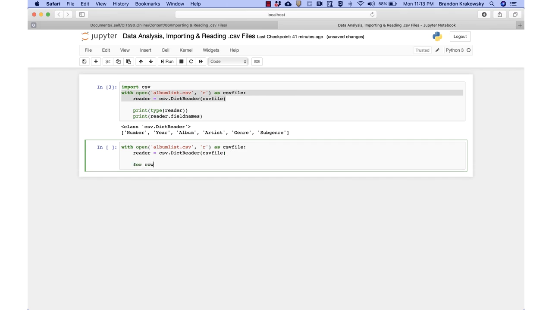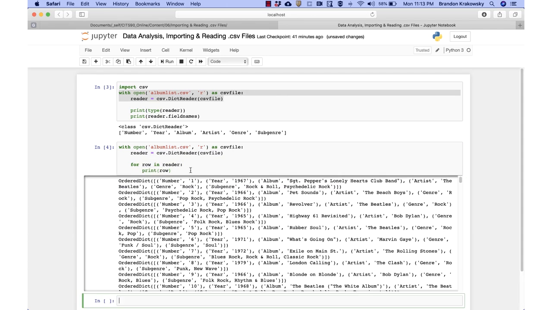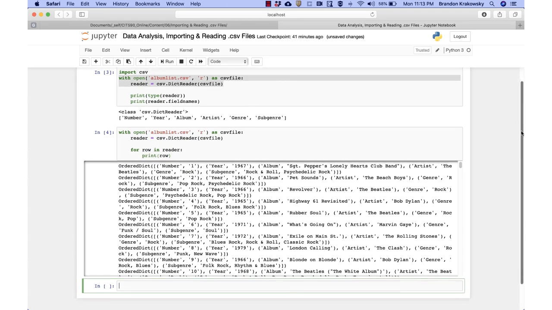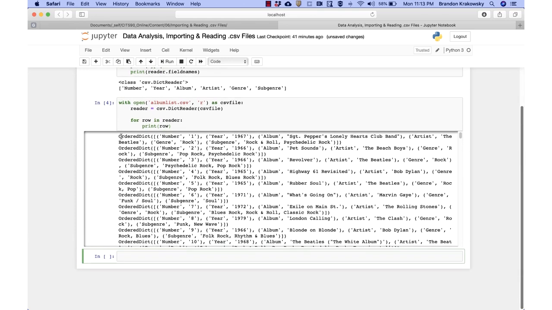For each row in the reader, print the row, and this loads the file into a reader, iterates over or steps through it to print each row. And here we can see each row in the file. It's a dictionary, an ordered dictionary, and we have the column name, the value, column name, value for each album